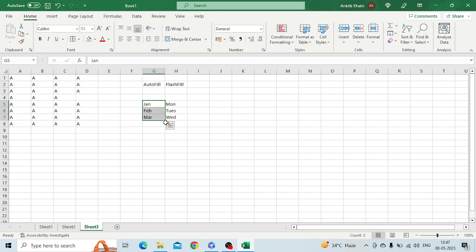This small square icon is also known as a fill handle. The time you drag it, you see it says November, December, again January, February, March. So that is what we call autofill. Similarly, if I say Monday, Tuesday, Wednesday, I want to see the whole week, I'll simply drag it. You can see Thursday, Friday,